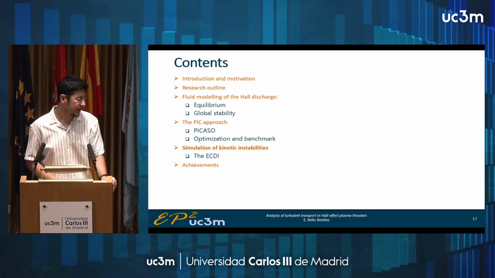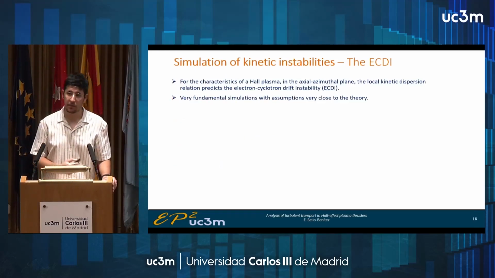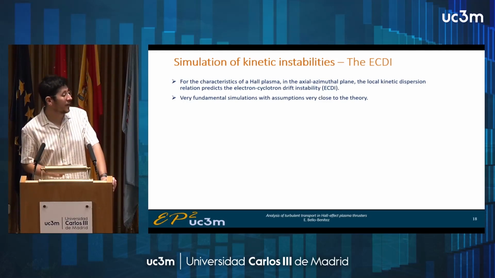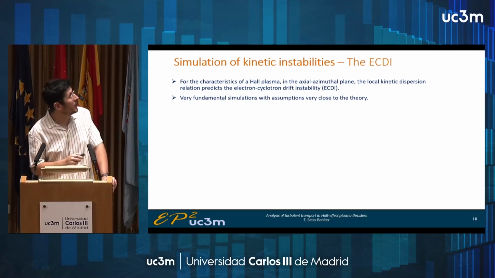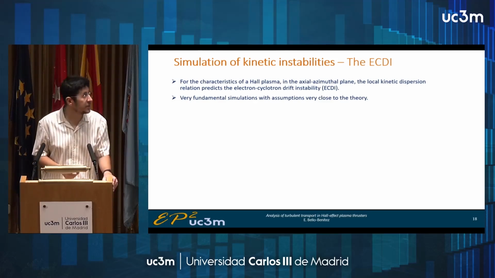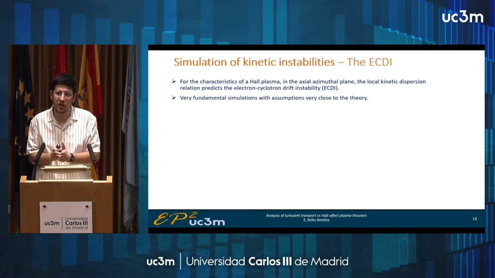Okay, and finally, the last part of the thesis is using the code to simulate instabilities that are relevant in the context of Hall discharges. From the point of view of the theory, for the characteristics of our plasmas, the local kinetic theory predicts the electron-cyclotron drift instability. And in the thesis, I have some very fundamental simulations that try to be very, very close